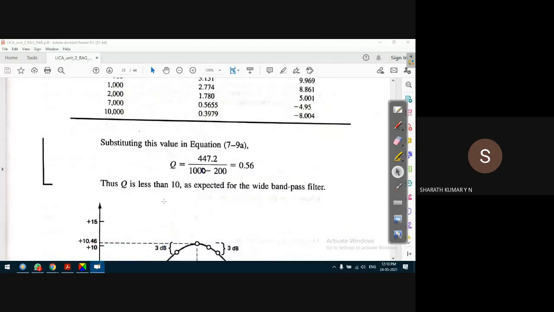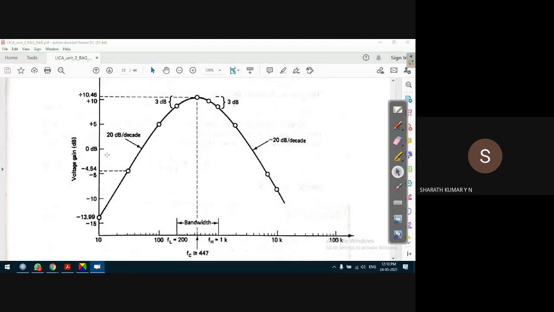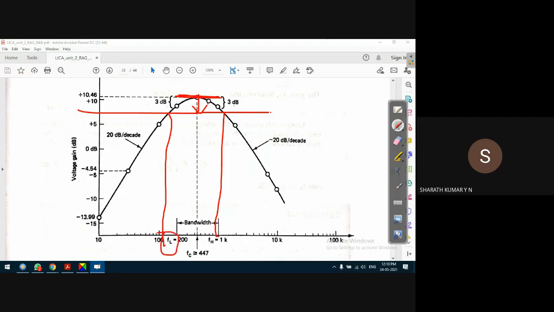Here's one more last point we have to understand. From the peak value of the filter, we have to go 3 dB down. Go 3 dB down and draw a horizontal line. There we get what is known as FL and FH. Why do we have to go 3 dB down? Why not take it from this point? The reason is that at 3 dB down, the power will be half. So with respect to that point, we can find out the bandwidth of the band pass filter. That's how it is.